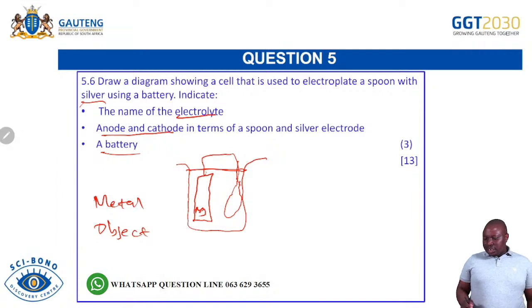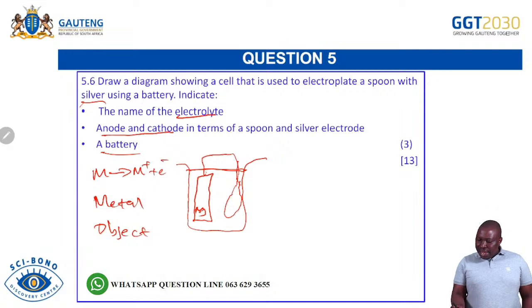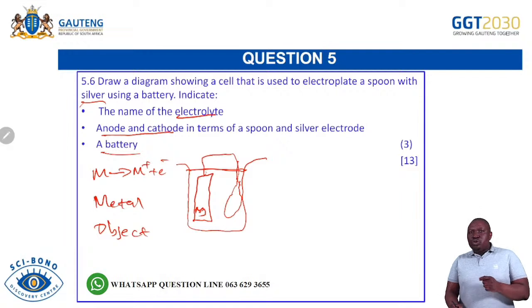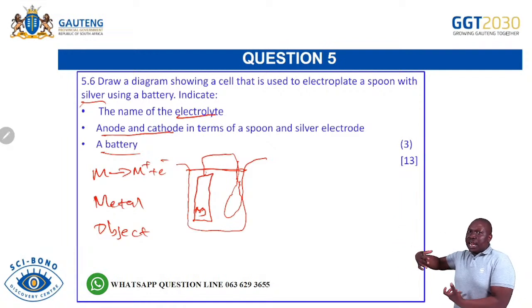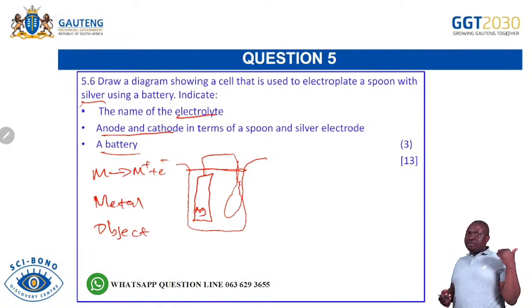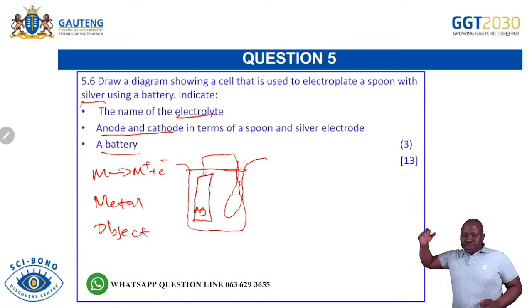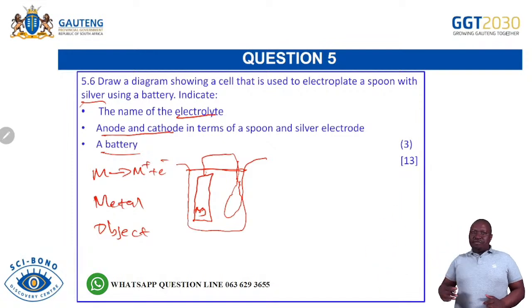So what you have to understand is that the metal will always lose electrons. Metal will always lose electrons. And on the other side, we're just writing the reverse reaction. So all you have to do is write the reaction of losing electrons by the metal. Then when it goes to the object side, all you have to do is write the reverse reaction that you wrote on the metal. So there is only one reaction, the reaction that is happening at the metal, which is losing electrons, which is oxidation. Now, on the side of the object, you will have the reverse reaction being written.